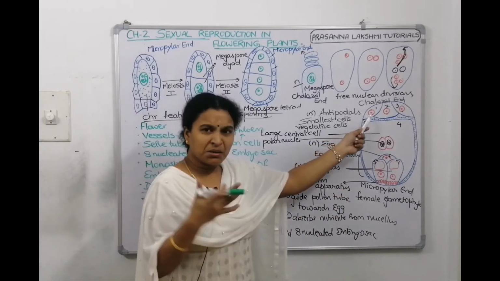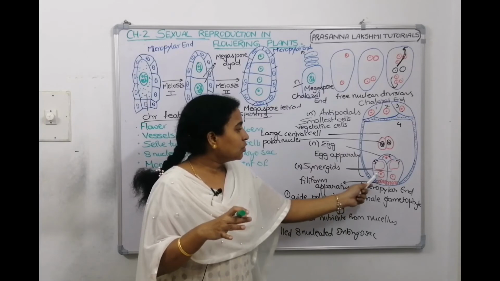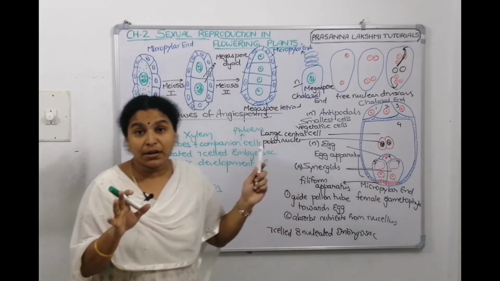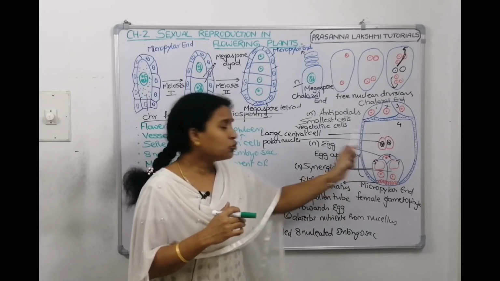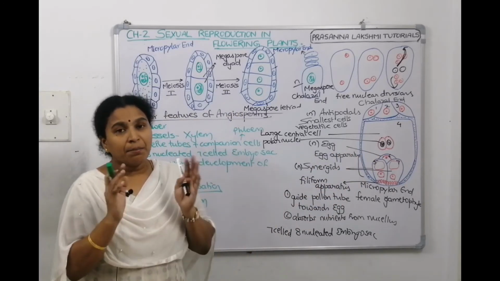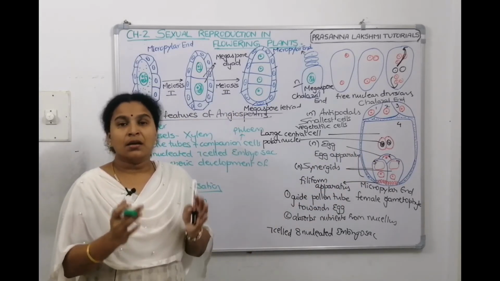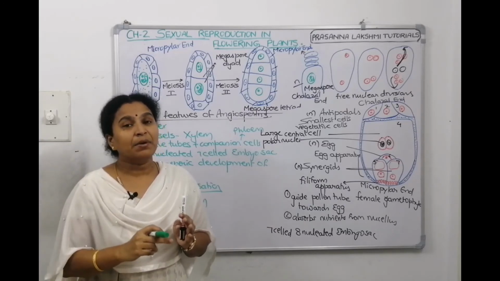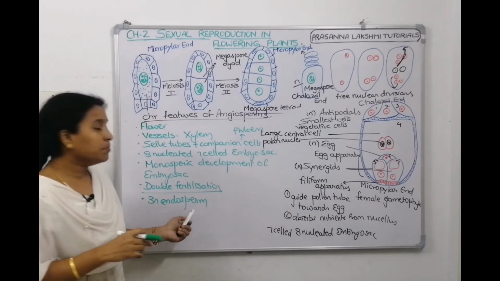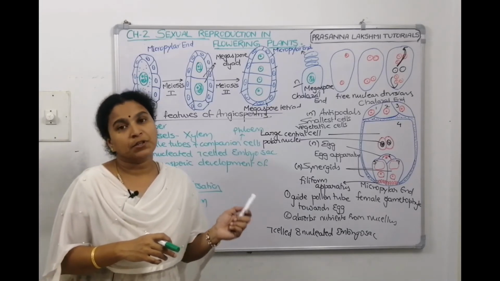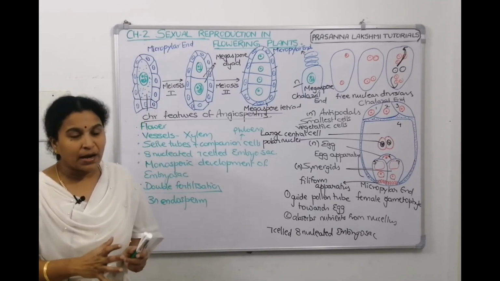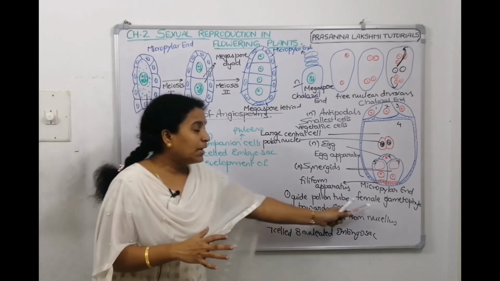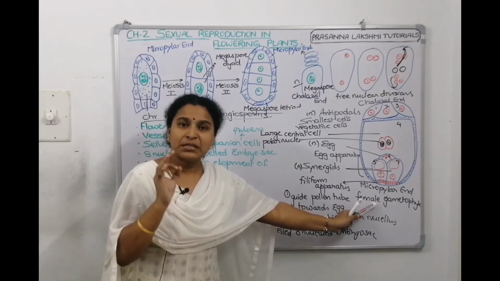These are vegetative cells, they don't have any role. Then these two are synergids, they guide the pollen tube which is bringing the male gametes towards the egg. These two polar nuclei combine to make a secondary nucleus, which combines with the second male gamete and helps in formation of endosperm, which is a nutritive tissue for the embryo, that we will discuss in the next session. So what we have seen so far is development of the female gametophyte. Female gametophyte means embryo sac.